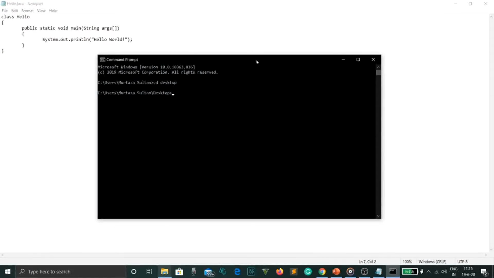Now to compile this, we write javac. C is for compile, please remember. Javac, capital H, Hello.java, the name that we saved it with. As you can see, it has compiled properly.